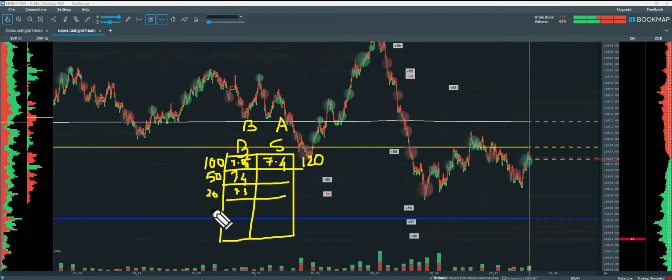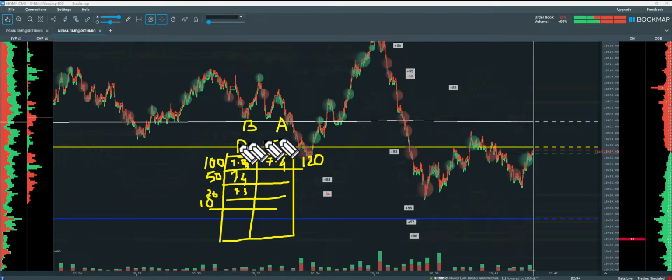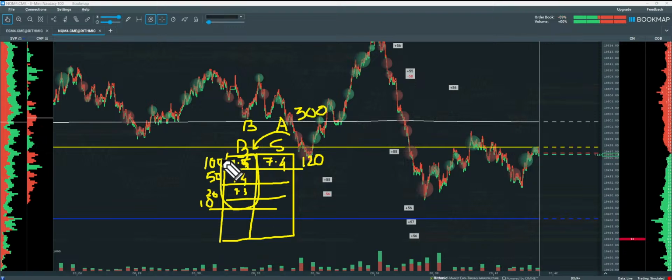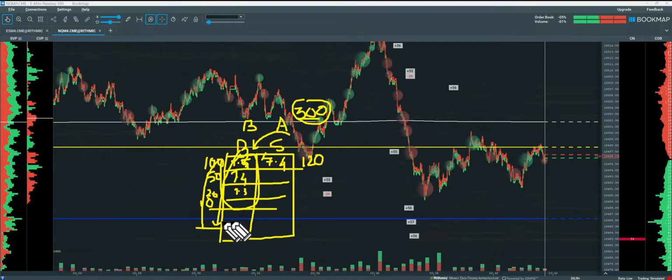Now if I want to move the price lower, what do I have to do? I want an aggressive seller, let's say with 300 contracts. As soon as he steps in and gives a market sell order of 300 contracts, all these guys are going to be taken out. It will go down till it reaches this level of 300. So what has moved the market down? Not the passive orders, but the market order.